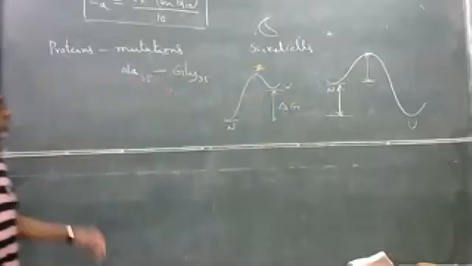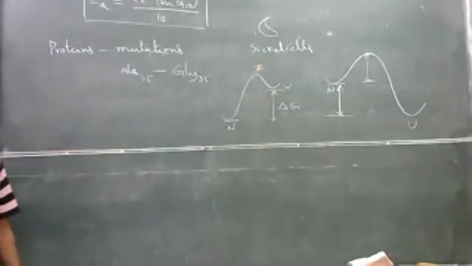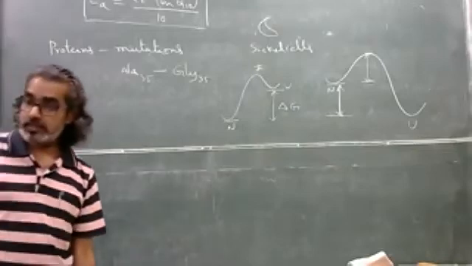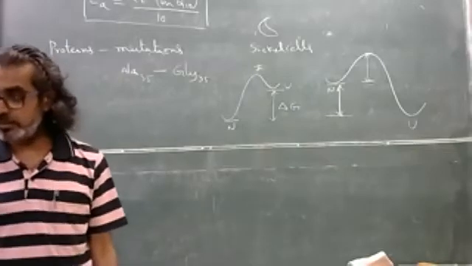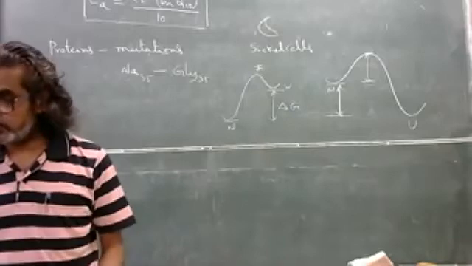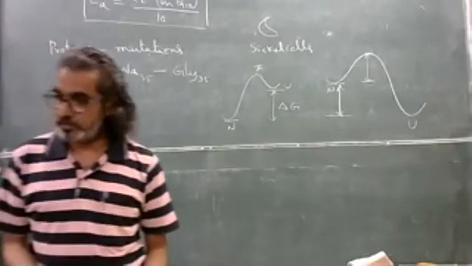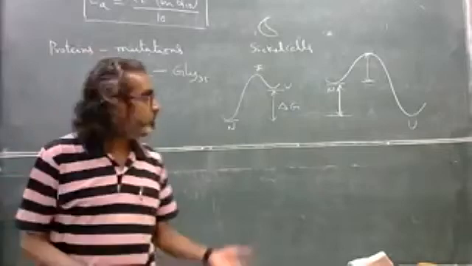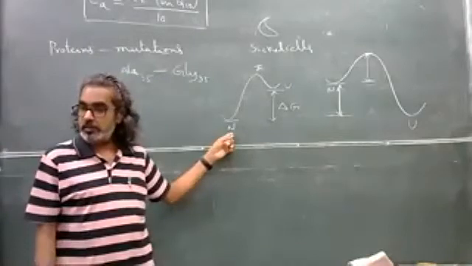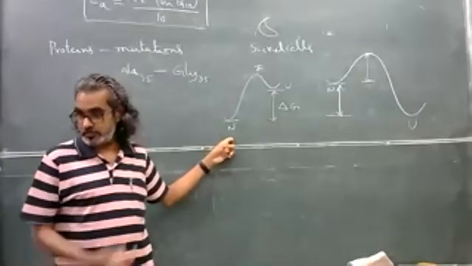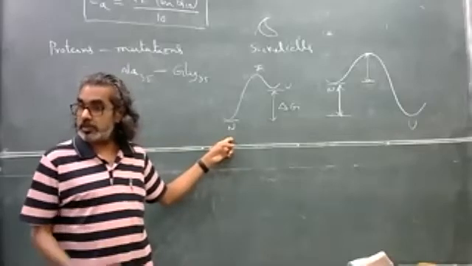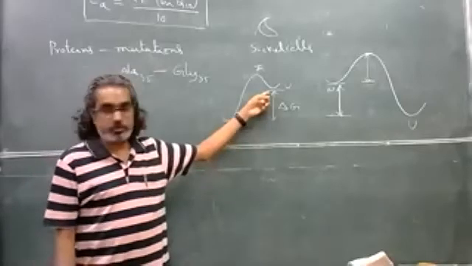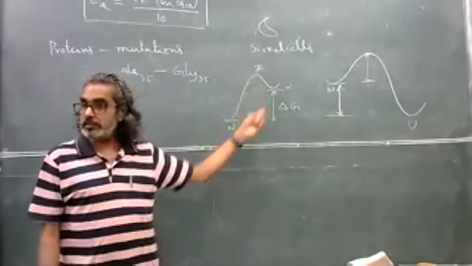Okay, so let's say now you make this mutation, so it changes the energy landscape. Basically the structure is different. It means that in principle the native state itself is different because you have a different functional group; one functional group is replaced with another. So then the property in the native state is different, the structure is different, so the energy should be different. And of course, the energy in the other state should be different.